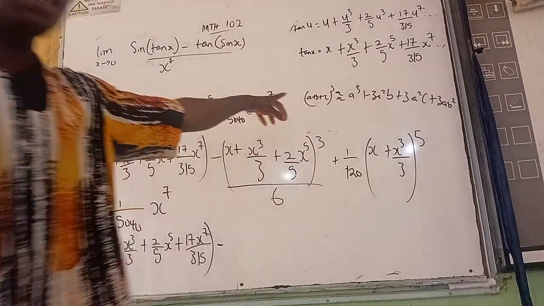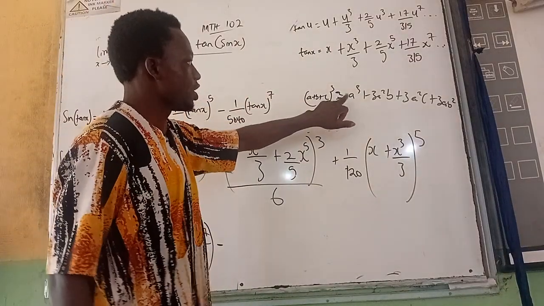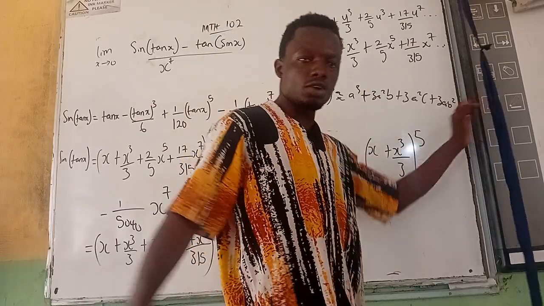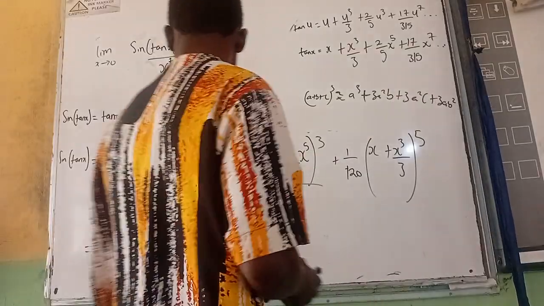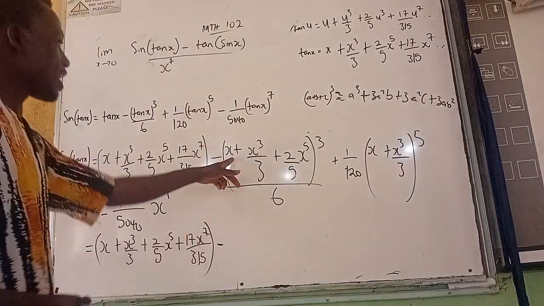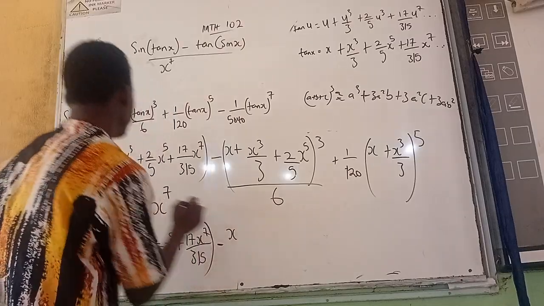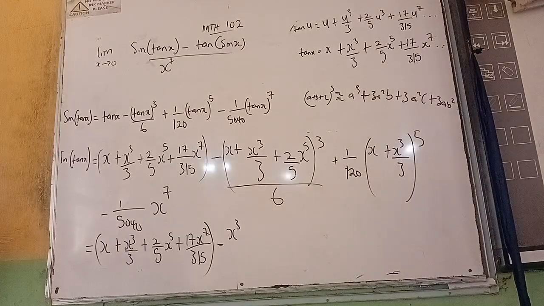Let me check. Yes, a plus b plus c cube is equivalent to a cube plus 3a square b plus 3a square c plus 3ab square, and you can still continue. So this is going to give us a cube, that's x cube, are we together, x cube plus